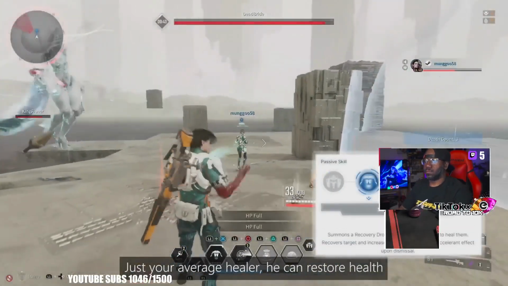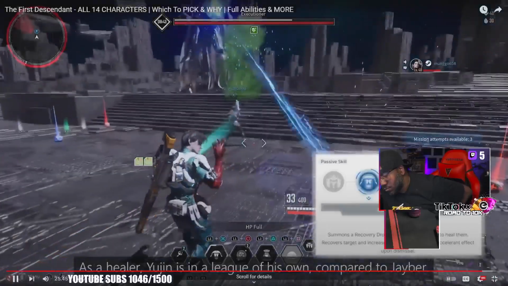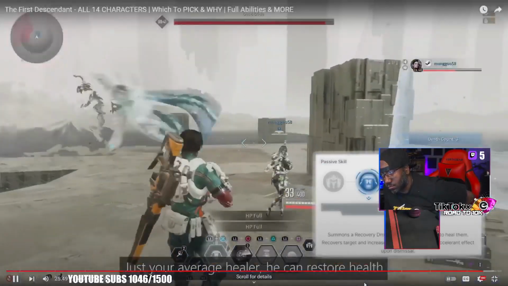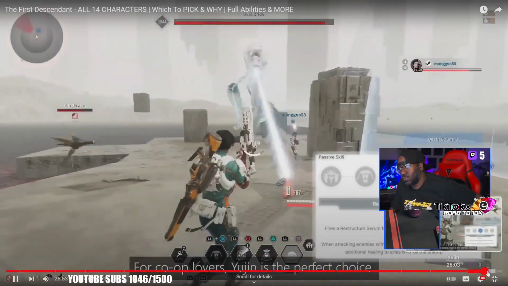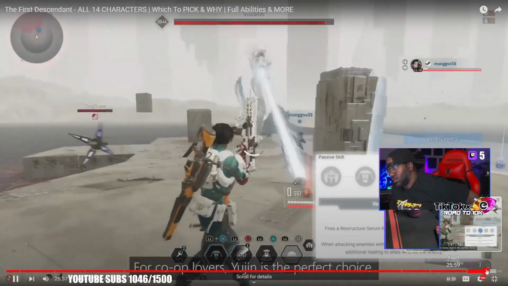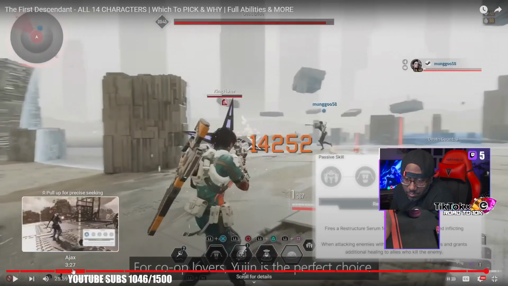His first ability here is Solidarity Healing. He summons a recovery drone that attaches to allies and heals them, which also increases their attack through an accelerant effect upon dismissal. His second ability is Restructured Serum. He does fire that forward, decreasing defense and inflicting allergy. When attacking enemies with allergy, he will heal. So basically, the characters that I'm interested in,